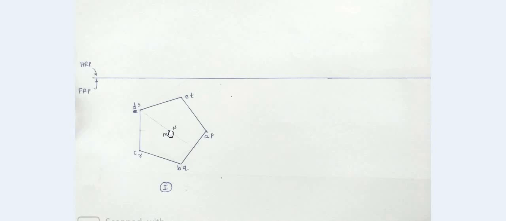Again, there are n number of geometric ways. One of the methods is to join the midpoint of any one side of the pentagon with the facing corner. So this would be the first line, and you have to do this construction once more. Any other side of the pentagon, its midpoint would be joined with the facing corner, and the intersection of these two lines would form the center of the pentagon.